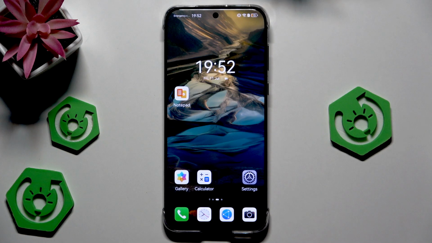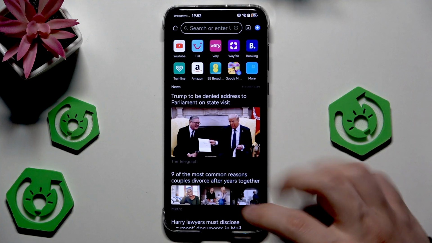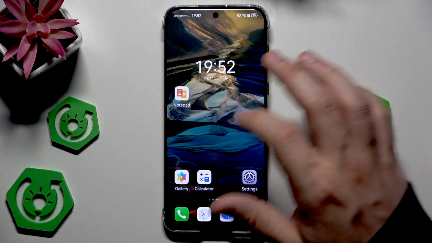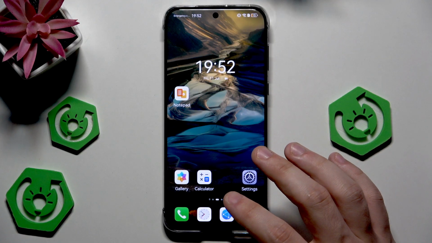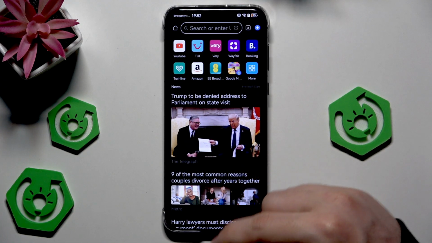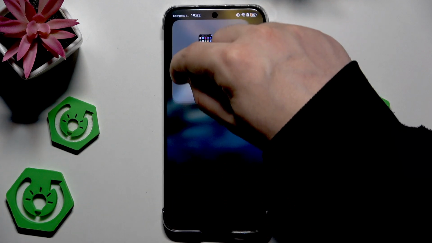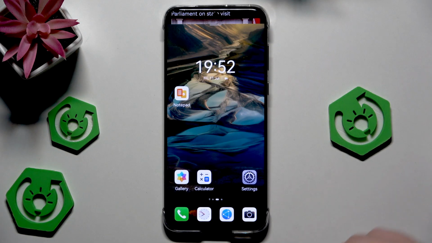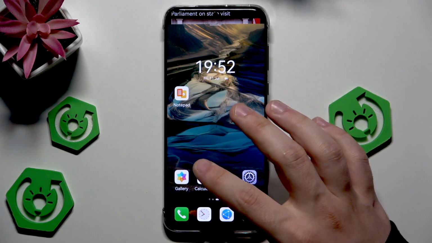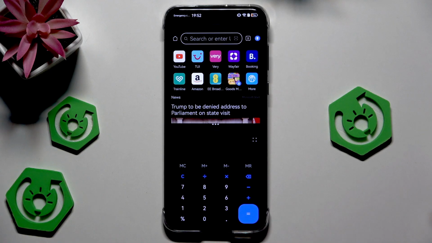Now, we can also use the split screen mode view. For that, for example, I'll open up the browser as an example. Okay, and the next thing, let it be the calculator. But first, open up your browser. Now, grab from the bottom edge of the screen into the top left corner, just like that, and now release. Okay, and now we need to select the second app for the split screen view. So again, let it be the calculator, and now you can see that the screen has been cut and split